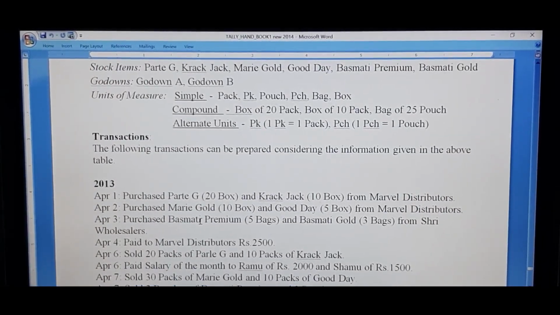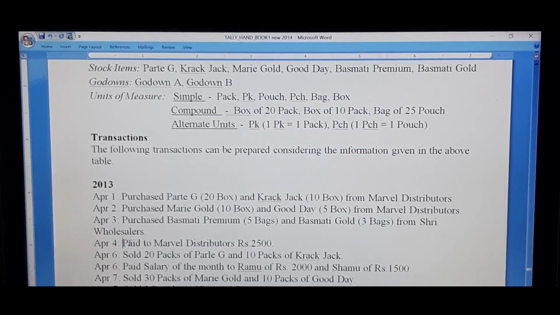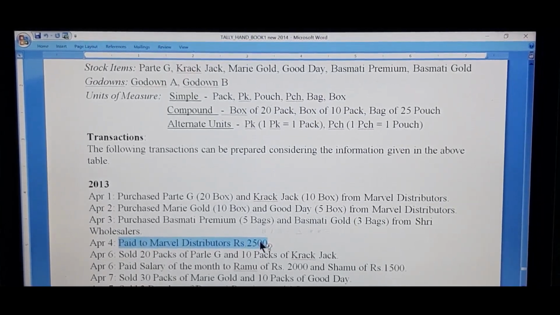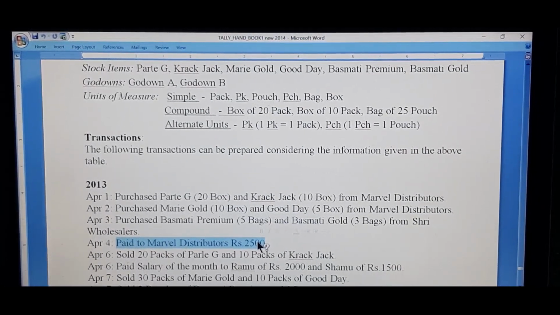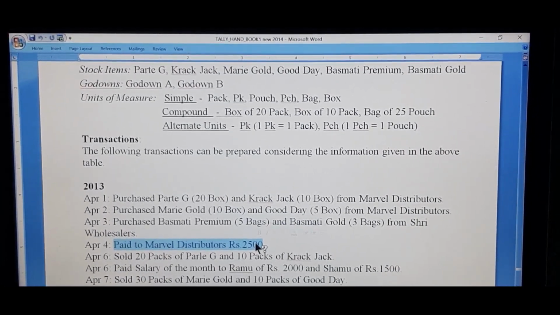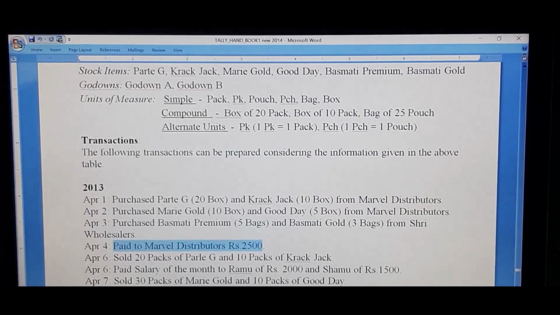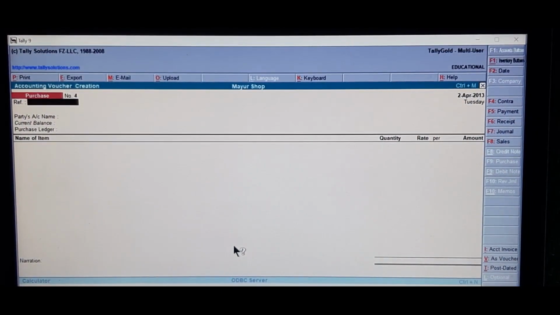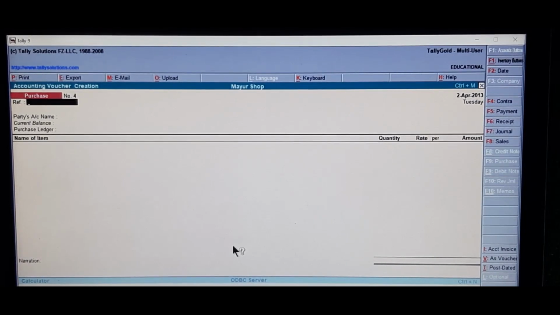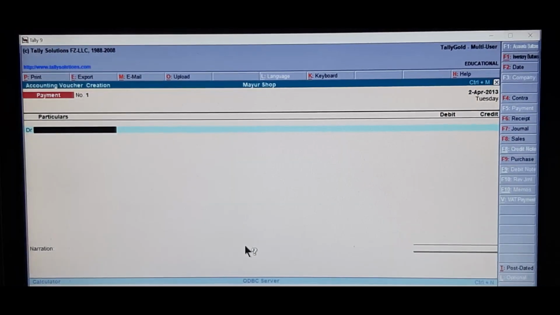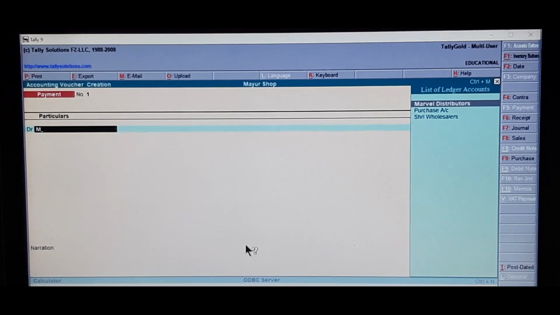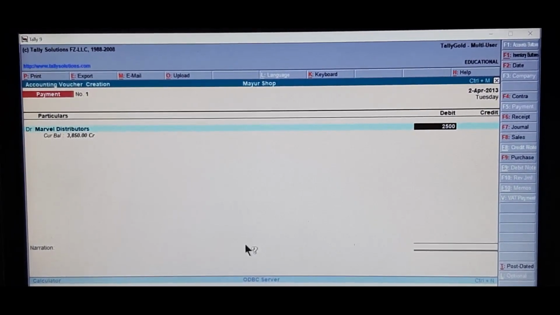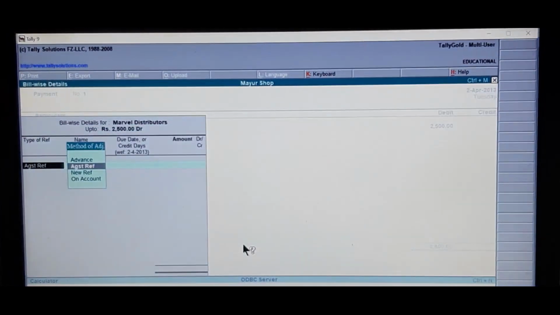Next transaction, pay to Marvel Distributors rupees 2,500. This has to be recorded under payment voucher. To go back to payment voucher, press function key F5. Debit Marvel Distributors 2,500. Enter.